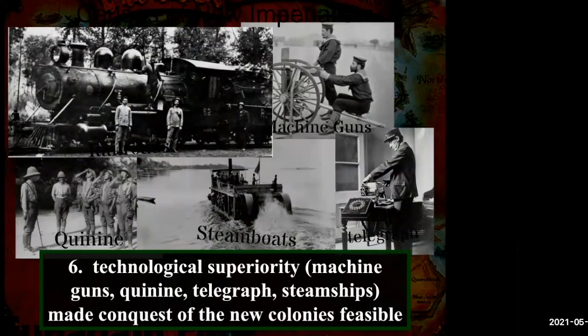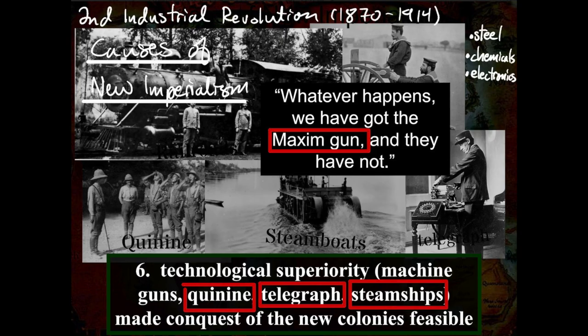And then the rivers in Africa did not flow into the interior. Okay, so they flowed outward. So if they wanted to go into the interior of Africa by boat to invade in period 2, they would have had to use manpower, which is not as effective. All of those factors are going to change due to new technology from the second industrial revolution.